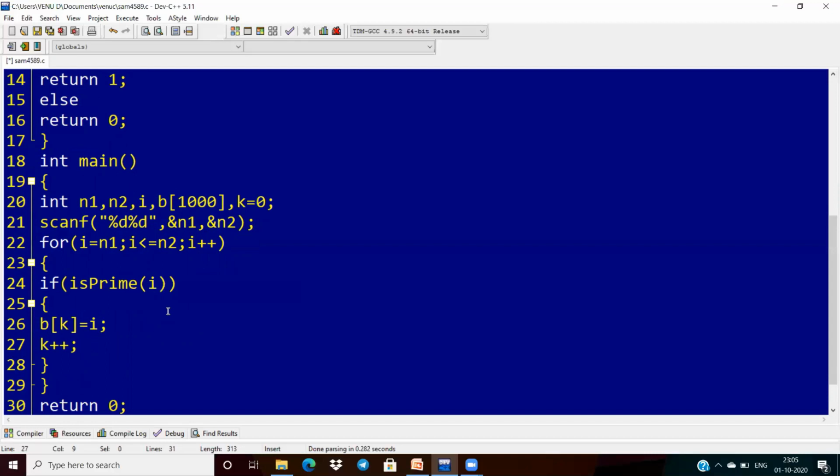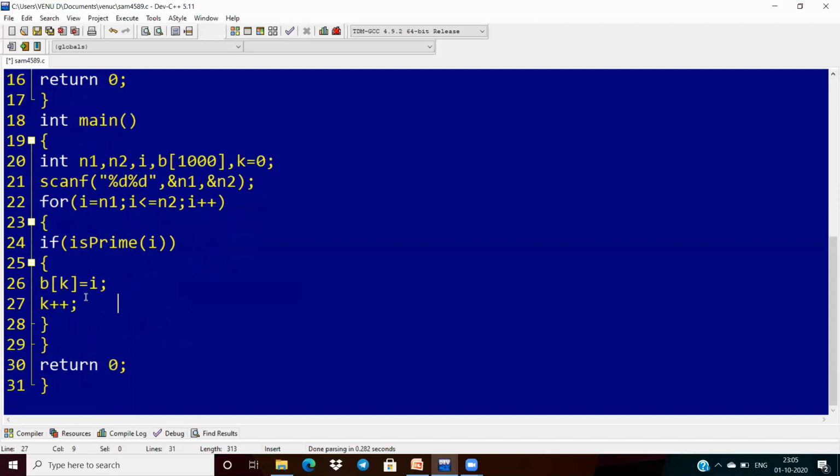Now the array b consists of all the first list. Once again, I want to verify it has all the elements or not.